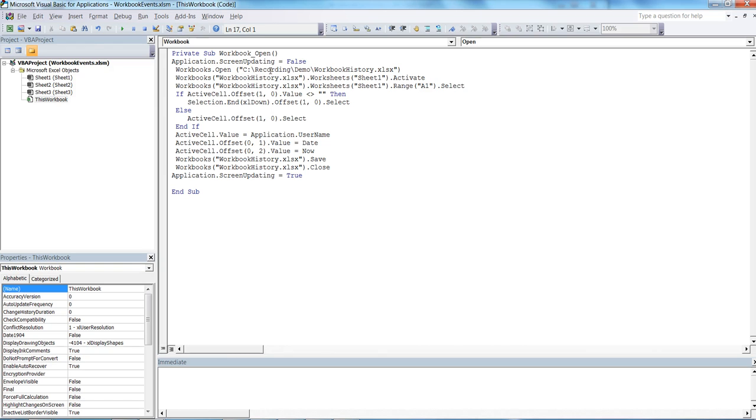That means you will see how I will explain you later. Now after that I have just written the workbook open command, that is Workbooks.Open, and as you can see I have given the path and then the workbook name here. And after that I am just writing Workbook.Worksheet.Sheet1.Activate. That means after opening that file I am just activating the sheet 1, and after that workbook